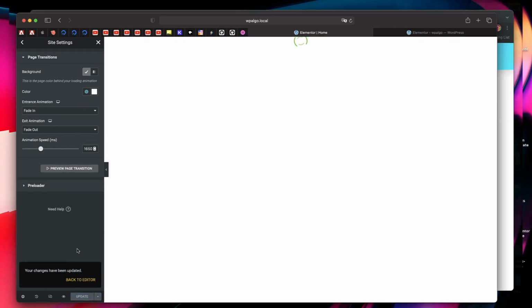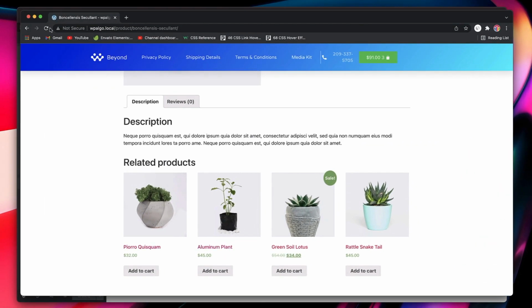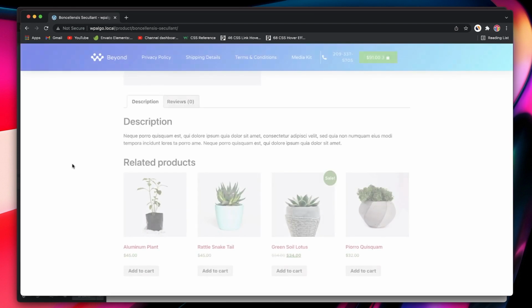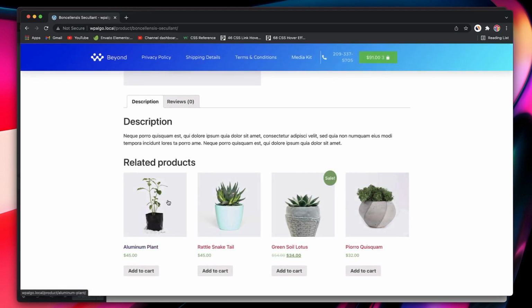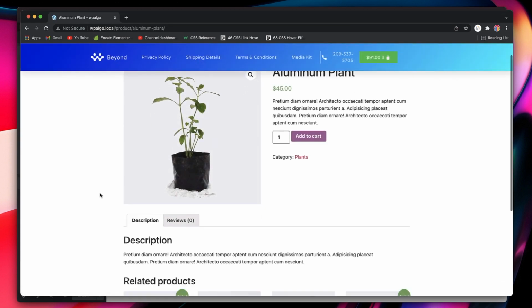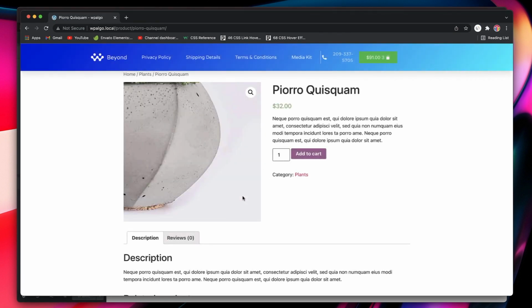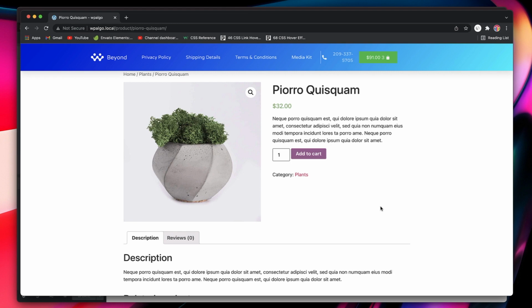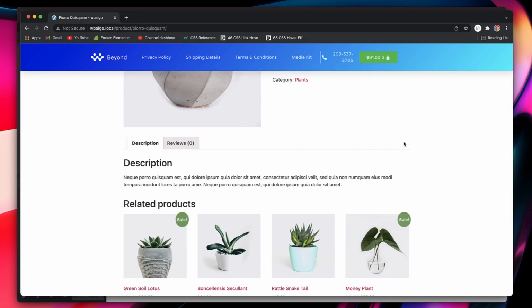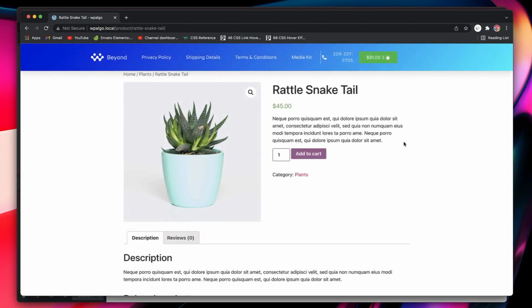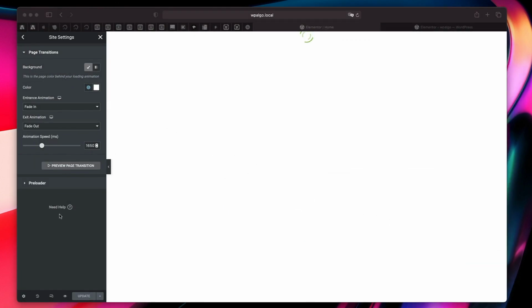You can update. And this applies to your whole WordPress website, even if the page is not built with Elementor, which is a really neat thing. If I click on this product, you can see that really quick page transition. It's fade in and fade out, and you see that for a really short duration. That's because my pages are loading really quick, and this animation is meant to appear only during the load time while your other page loads. If your page is taking a lot of time, users will see the transition or animation for quite a lot of time. So it's that simple to enable page transitions.